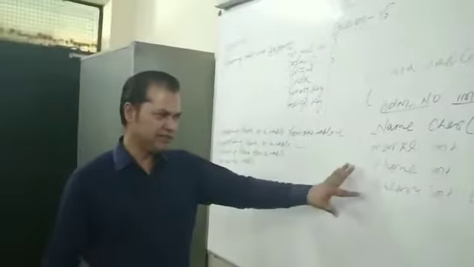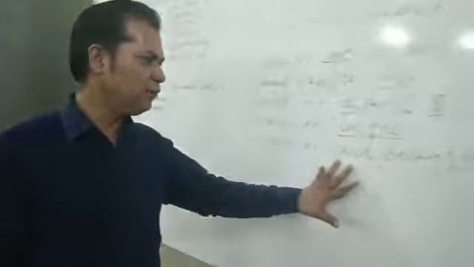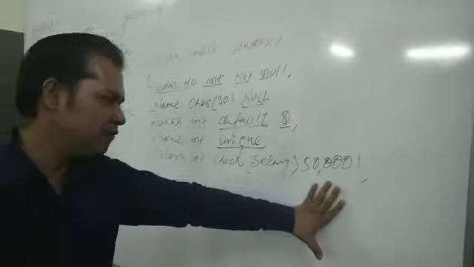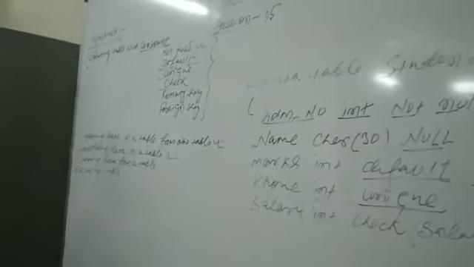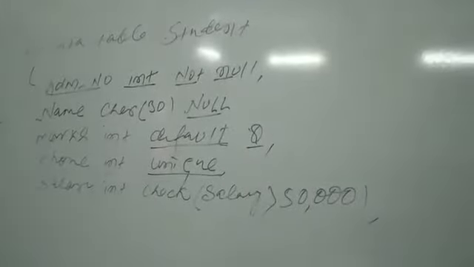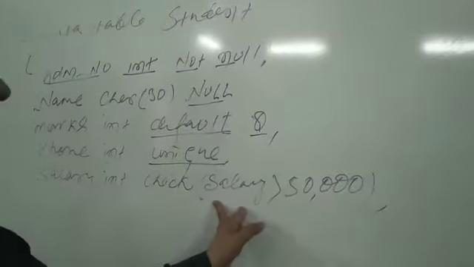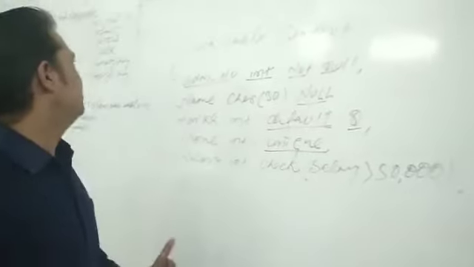Now once you apply such a constraint to the salary, salary will always be checked to be above 50,000. If the value is above 50,000, it will accept it, otherwise it will ignore it. And that is how the check constraint works. So field name, data type, then check is a keyword, then inside the brackets you put the column whose value you want to check and whatever condition you have.